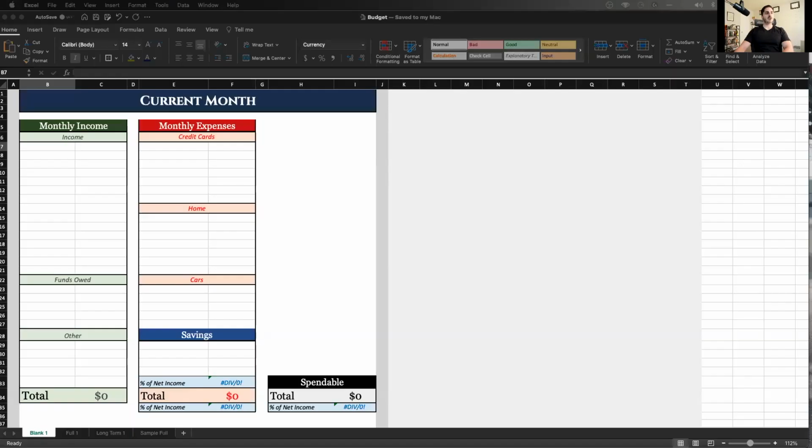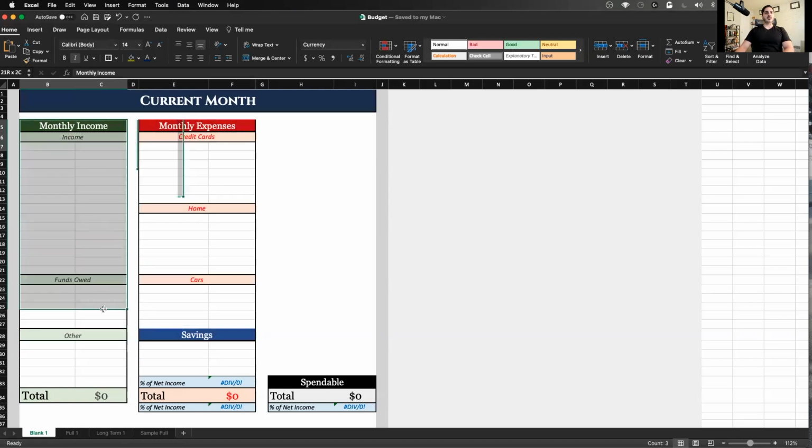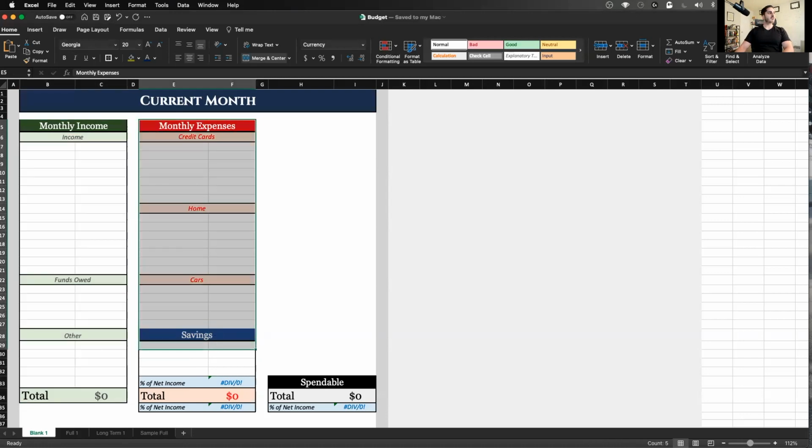So let's jump into the spreadsheet here, and I'll show you the spreadsheet that I have built out and how a budget works and how the spreadsheet works. Okay. So you have your monthly income here on the left side, right? And on the right side, you have your monthly expenses. Perfect.